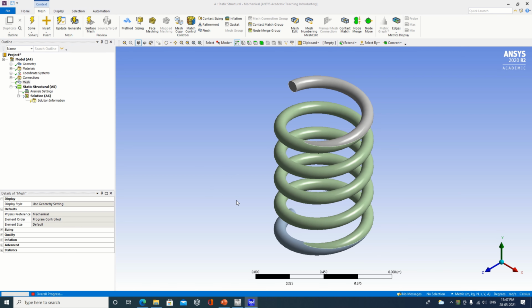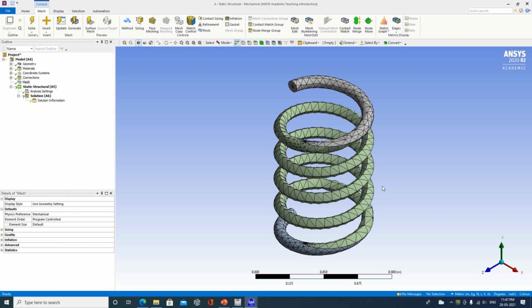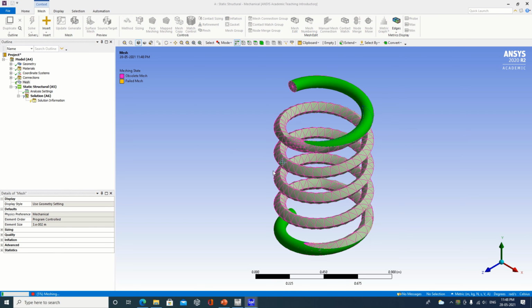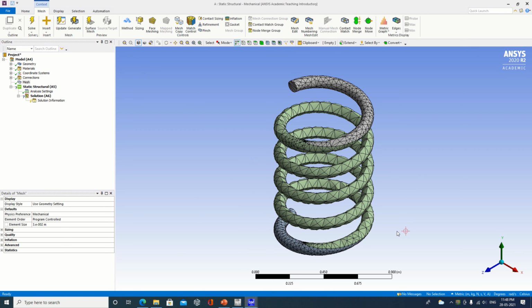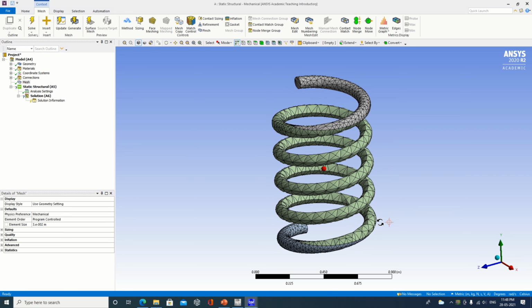Now first of all I will generate a default mesh. We'll just check whether the computer itself gives a proper mesh or not. Now you can see somewhat the shape has been changed. So you can go for changing the mesh size. So I will take first as 0.03. Say for example, I will try to generate the mesh. We'll see whether any changes are taking place here or not. Whether the geometry becomes smooth or whether the meshing becomes smooth or not. If it becomes smooth, then we can actually proceed.